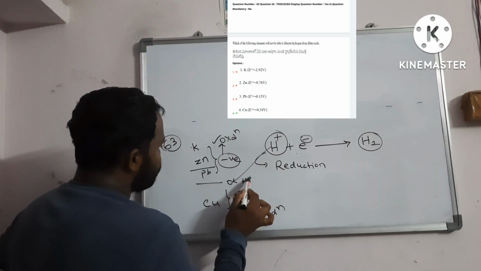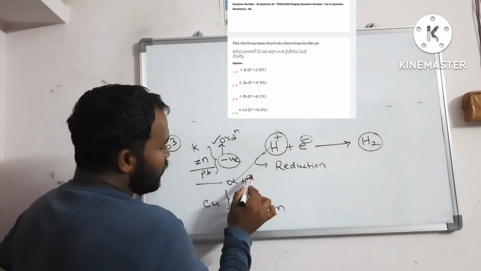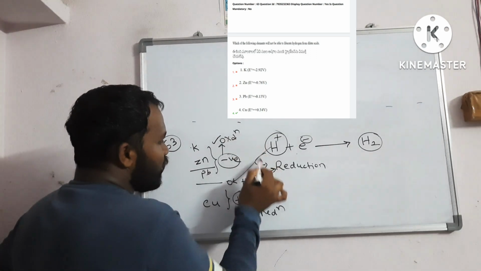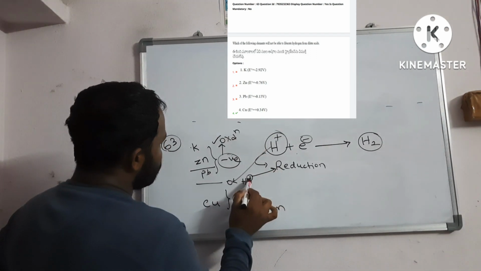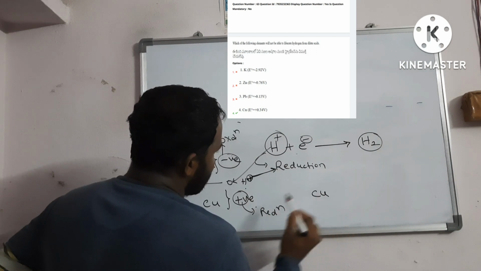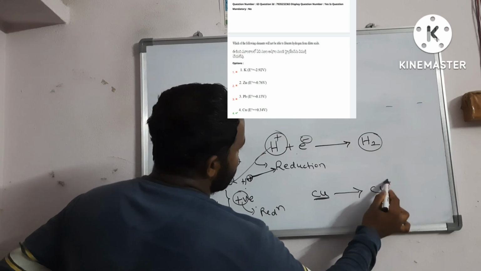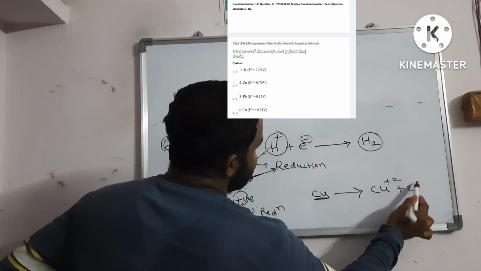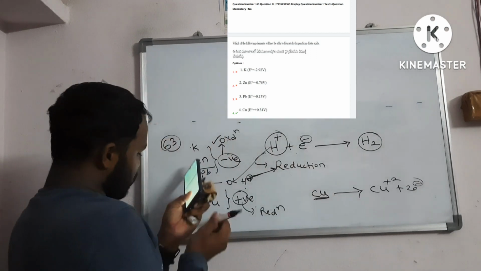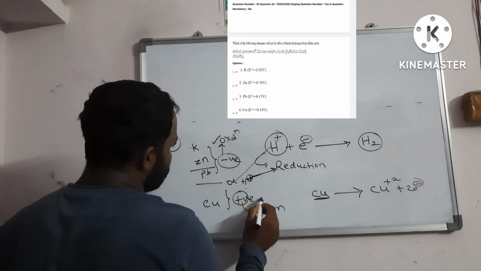H plus generally undergoes reduction, so the other species should undergo oxidation. Here H plus is reduction, but copper metal undergoes oxidation: copper gives copper 2 plus and 2 electrons. But according to our concept, the